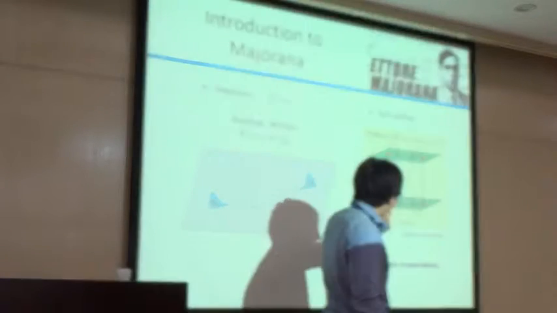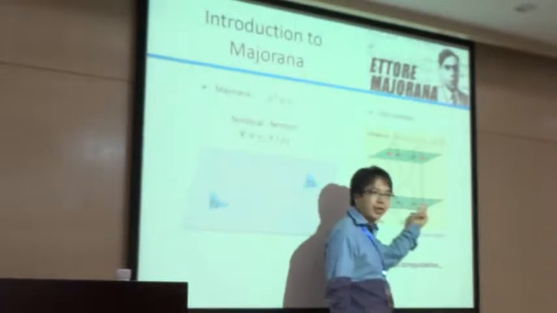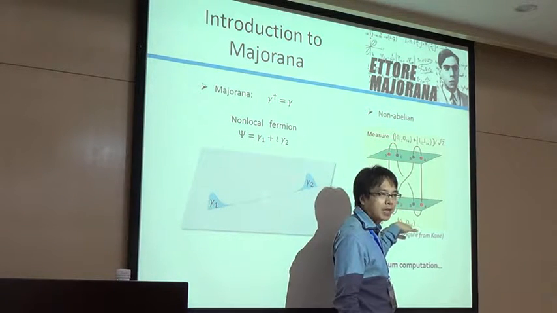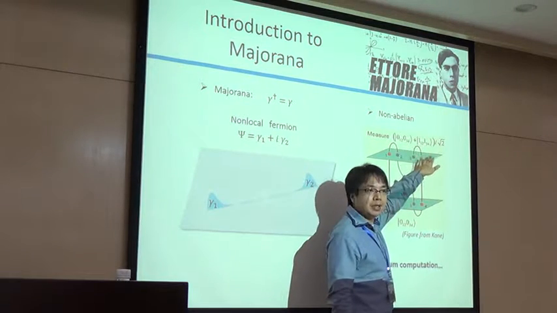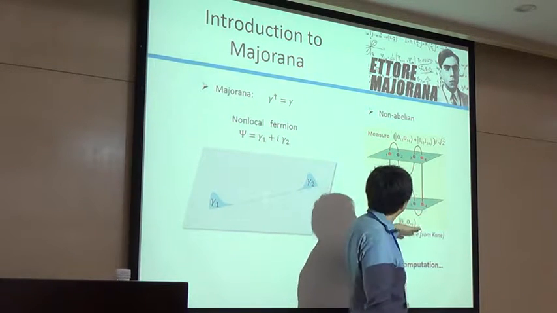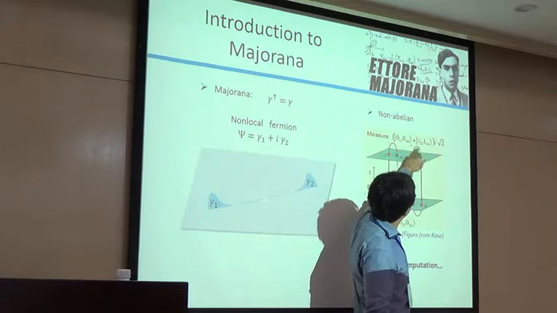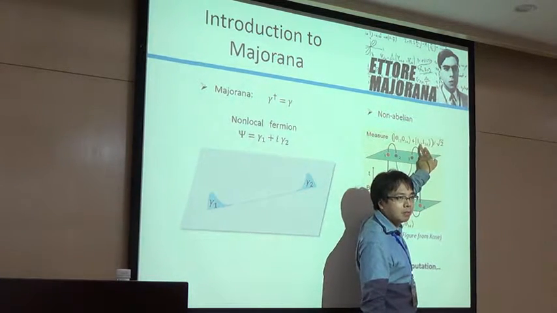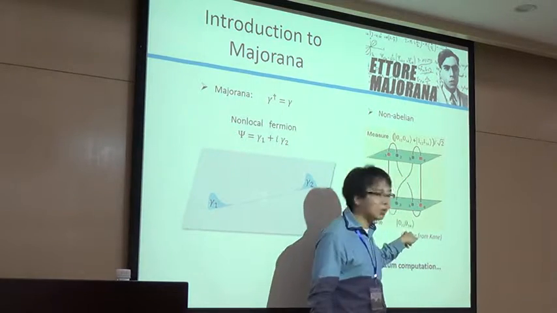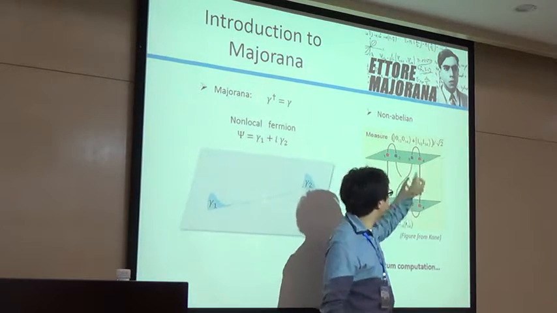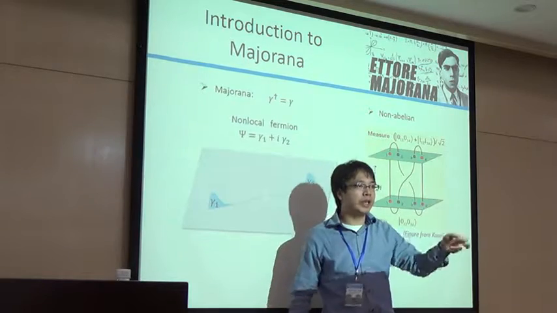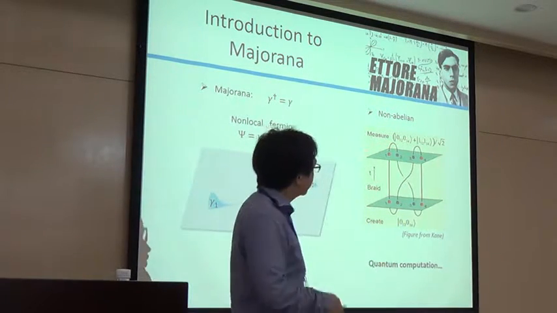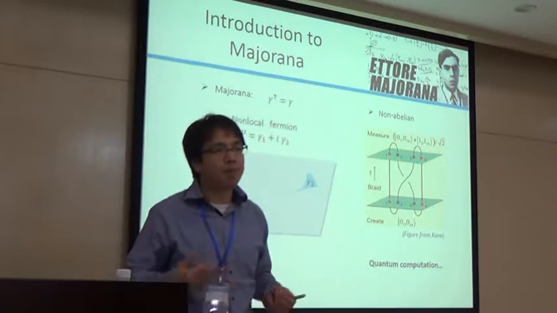But if you have a few Majorana, and you do the braiding, you find that your quantum state can be changed from a state like this to other states. Immediately you see that this wave function is orthogonal to the original one, at least this part. So it's really a different wave function now. This is called the non-abelian property of Majorana.